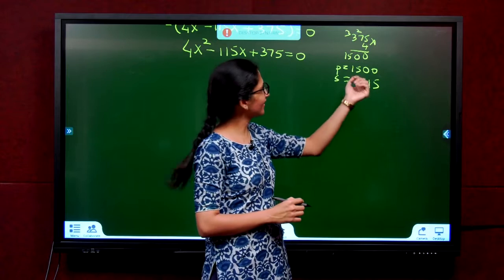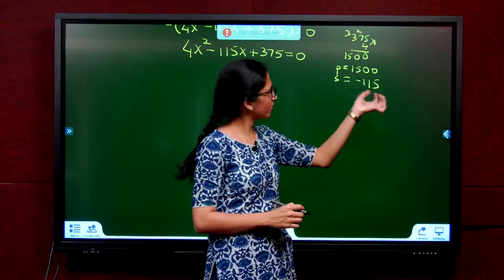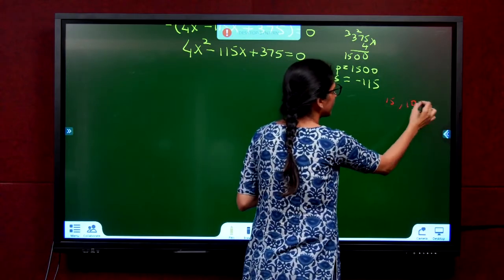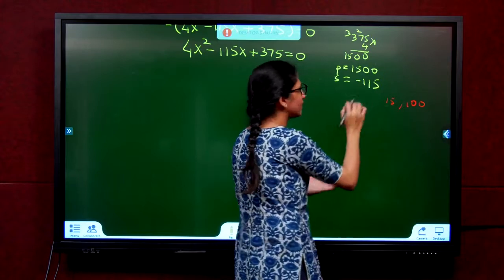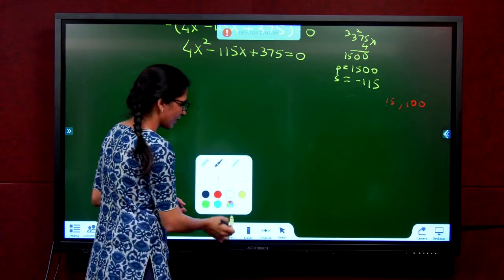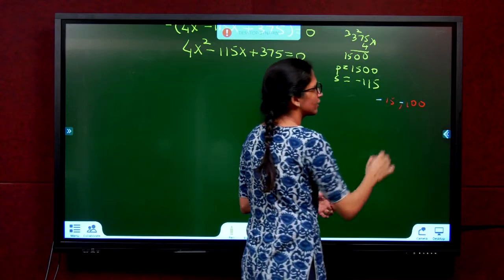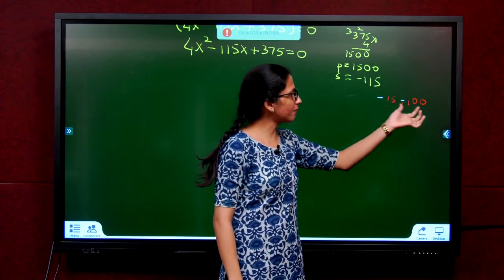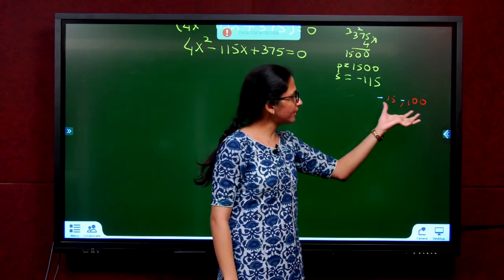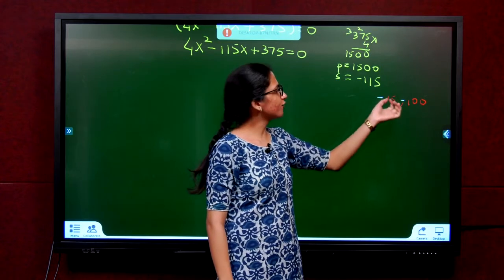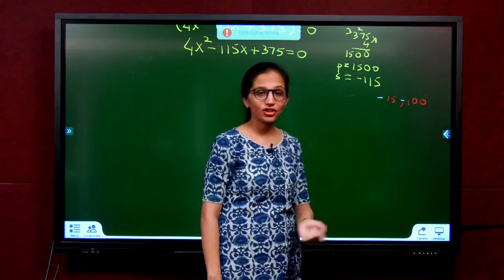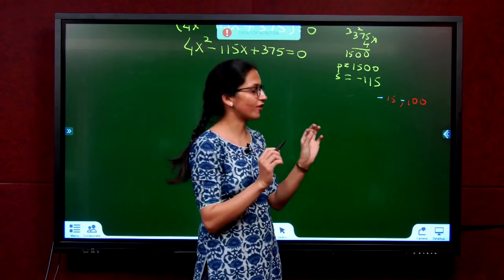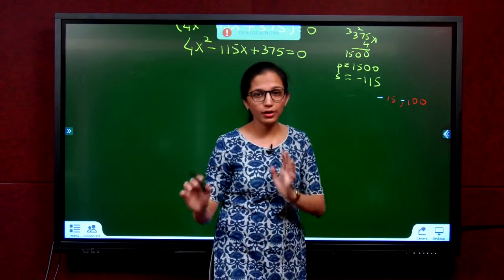You can see right here, 1500 is right there. What is 1500? Very simple, means 15 and 100. 15 into 100, 1500. Is it possible to make it 115? Yes, it is possible. So, minus 15 minus 100, minus 115. Multiply these two, negative into negative, positive. 15 into 100, 1500. Condition satisfied. You have to try different trial and error and see which combination is satisfying. If it doesn't satisfy, go for the quadratic formula.